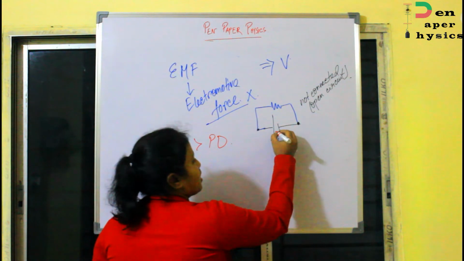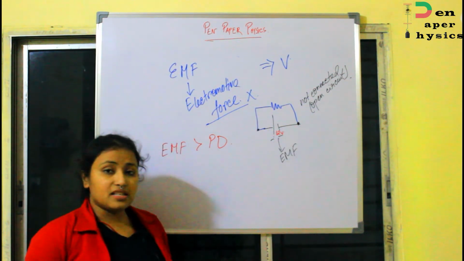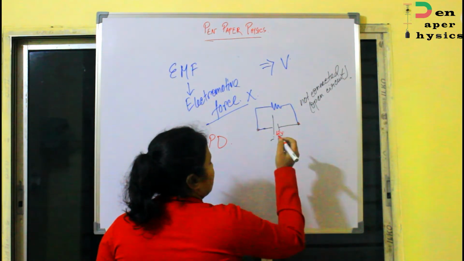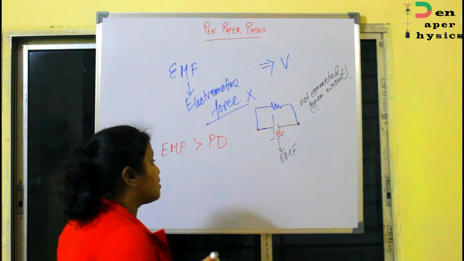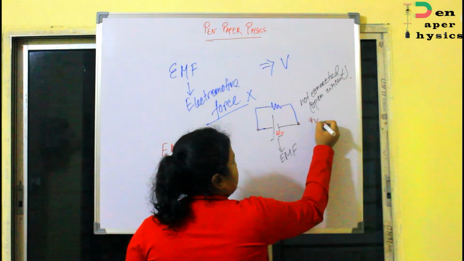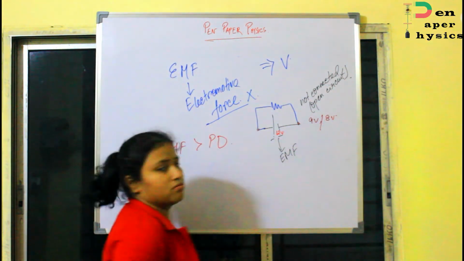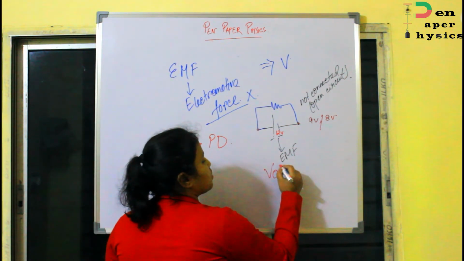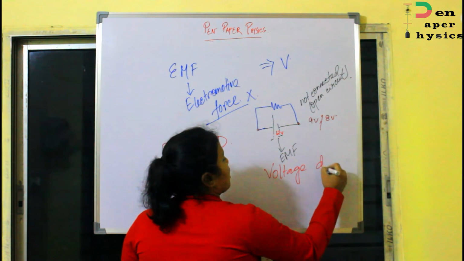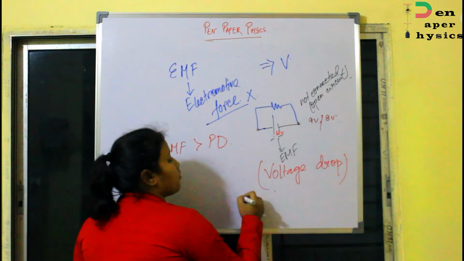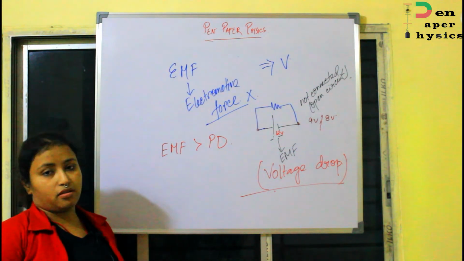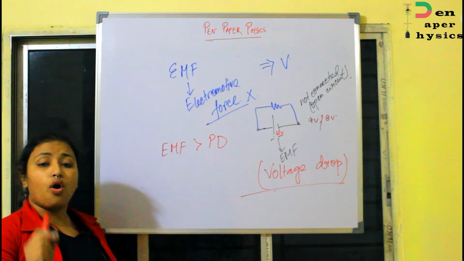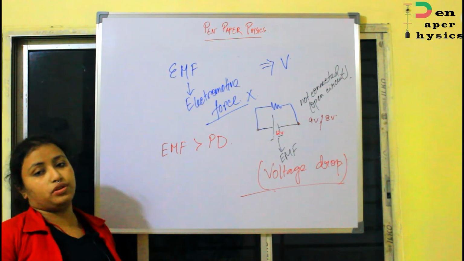That means suppose this battery is 12 volt, and when you check the output, you will see that the potential difference that you are getting may be around 9 volts or 8 volts, like this. So there will always be a voltage drop. We use that word, voltage drop. There is always a voltage drop when we connect a battery to a circuit. That means when the battery is in a closed circuit, there will always be a potential drop or voltage drop.